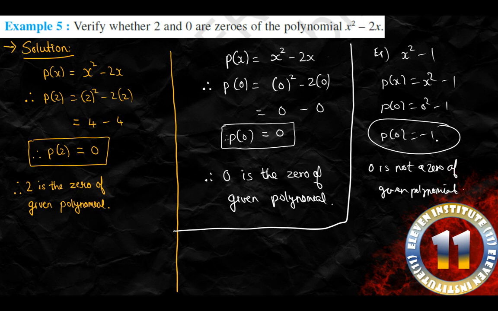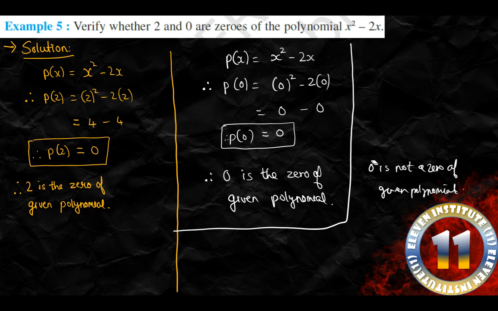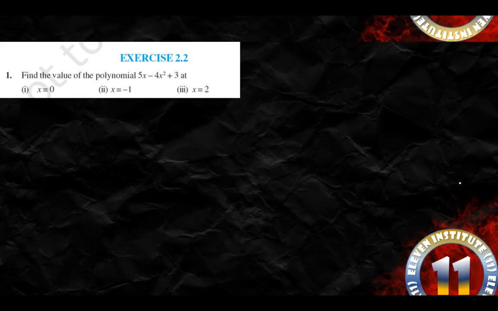0 is not a 0 of the given polynomial. Putting 0 here does not give the answer 0. Understood? So don't get too confused about this 0. I hope this is quite clear to you. So let me erase this, and the remaining part, the question and answer, you have to write in CW. Fine. Please pause the video and write this down in your CW. Alright, I hope you have written this.